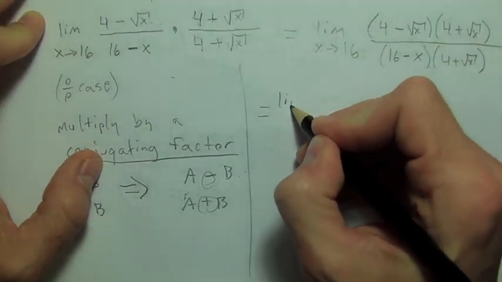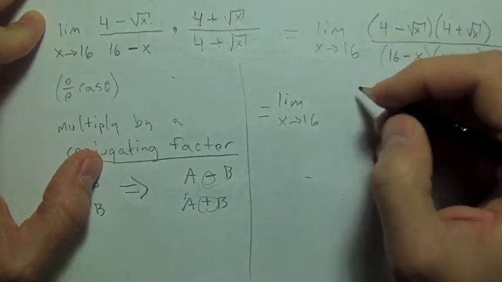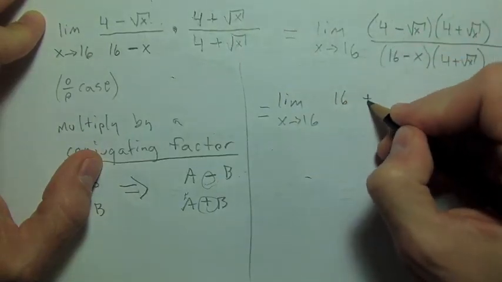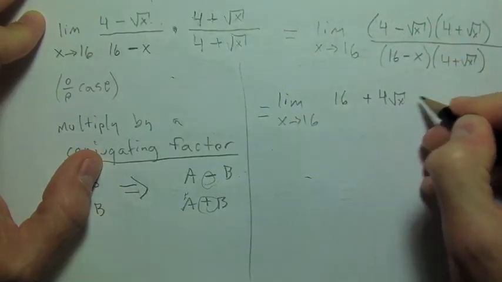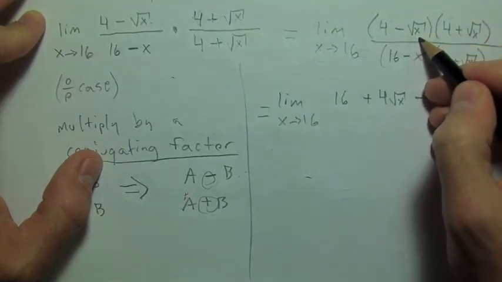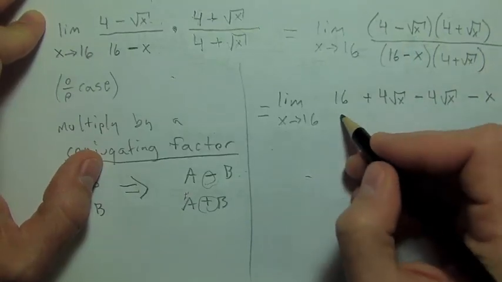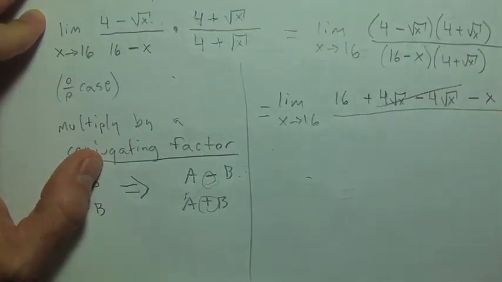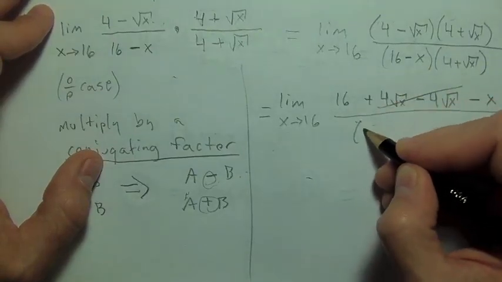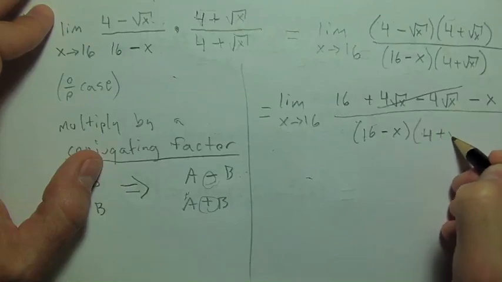And when we FOIL it out, we'll get 16, plus 4 times the square root of x minus 4 times the square root of x, then minus square root of x times square root of x, it's going to be minus x. And you see that these middle terms here cancel. Okay, and I'm going to leave the denominator exactly how it is. So you're going to have